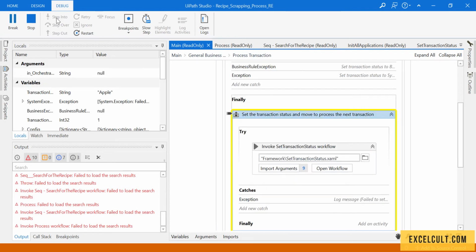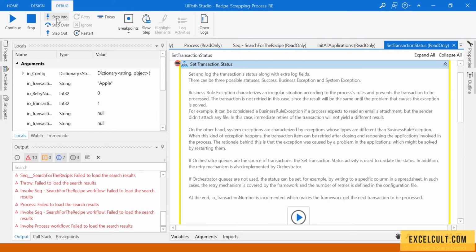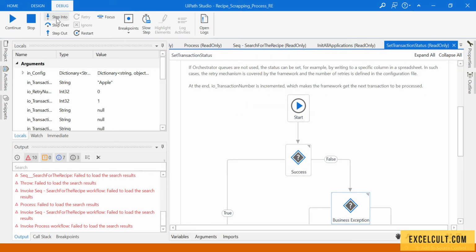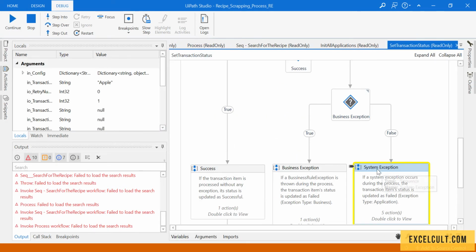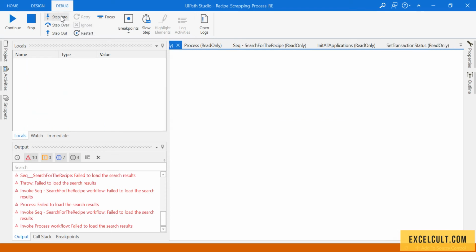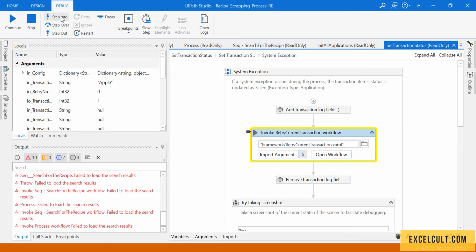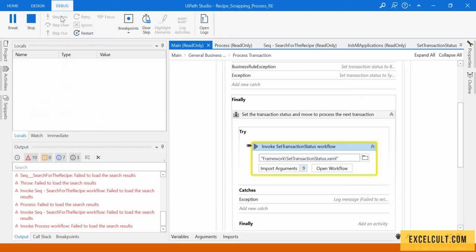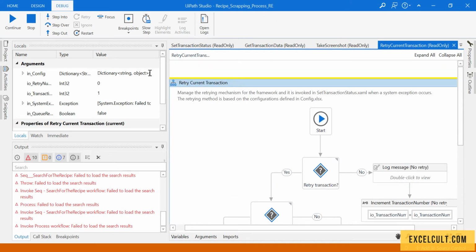Clicking on step into will take us to set transaction status. Because it was a failure, we'll be going into system exception, and from there these are the activities to log the transaction logs, and then we'll be going into retry current transaction state. Here,